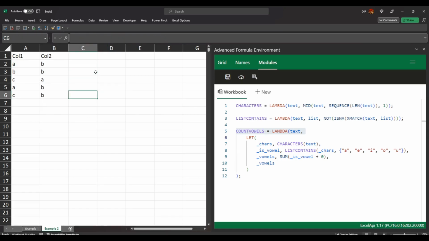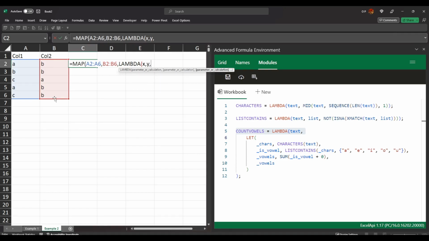Okay, so the way to deal with that is to use map and pass 2 arrays. So we can pass the first array here, second array here, and then the number of arrays determines the number of parameters in the lambda function that goes in the third place. And we've got 2 arrays, so we'll have 2 parameters. And we want OR